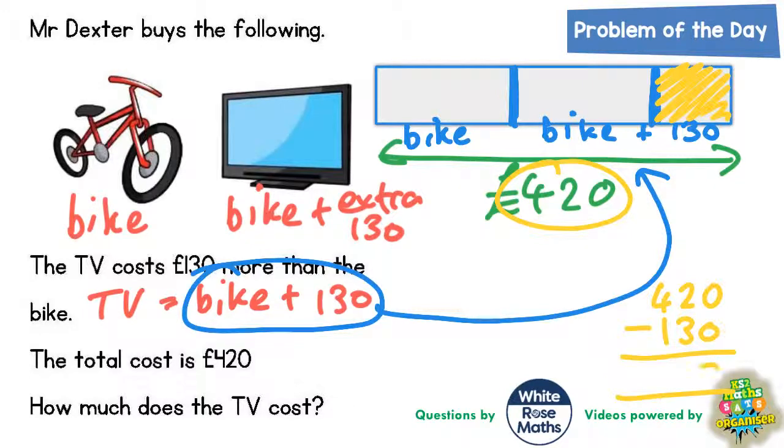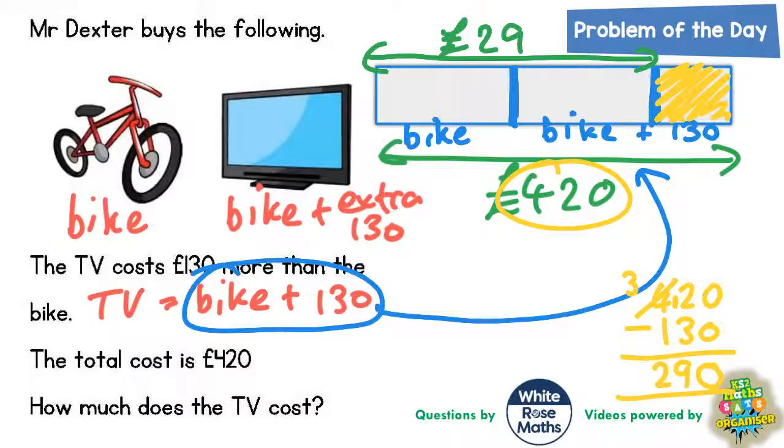0 take away 0 is 0. 2 take away 3 we can't do, so borrow from the 4 and that becomes a 3, and then the 1 we've borrowed turns the 2 into 12. 12 take away 3 is 9. 3 take away 1 is 2. So if we take off this £130, then that means we've got £290 left to cover the cost of the